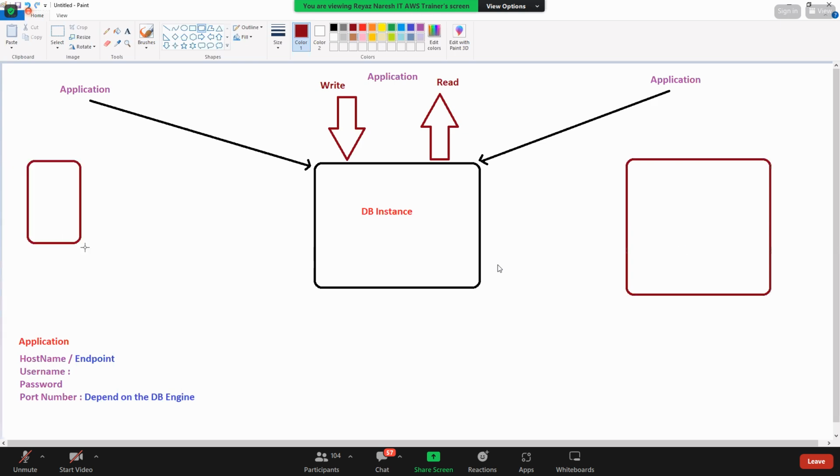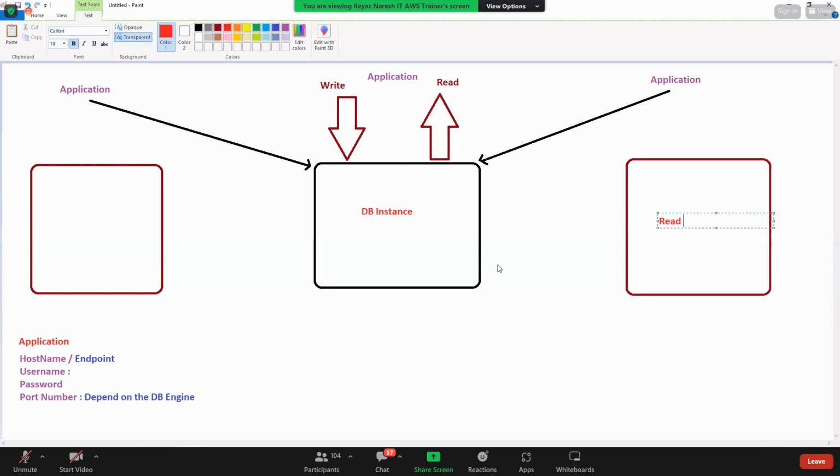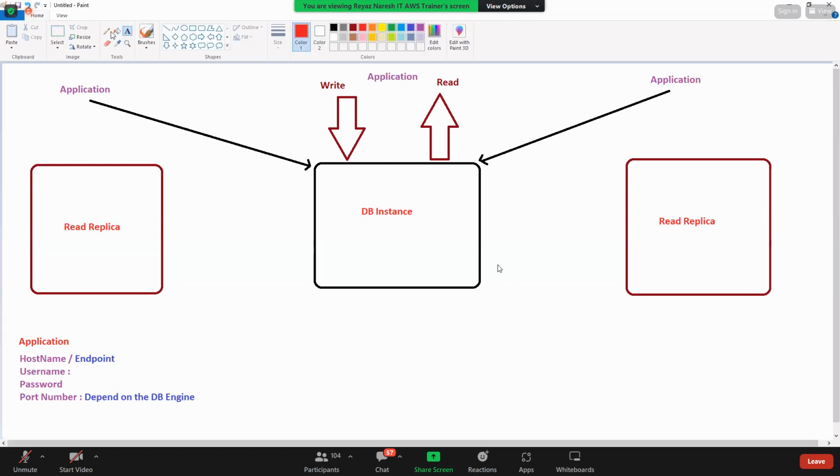This is called read replica. Read replicas mean, guys, whatever data you write to your DB instance, the data is replicated to the read replicas like this.